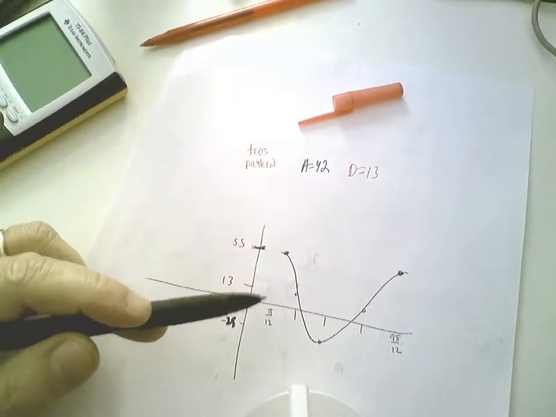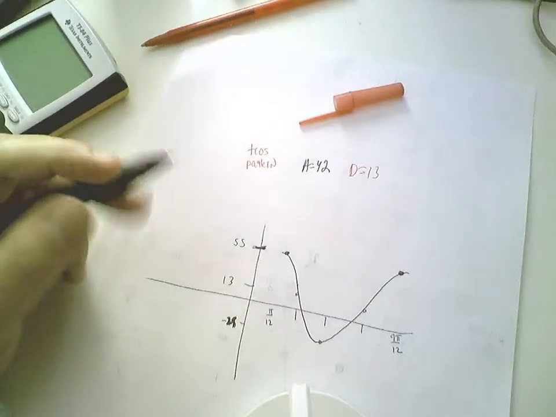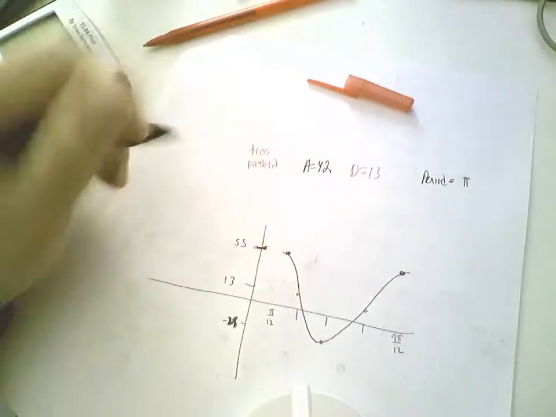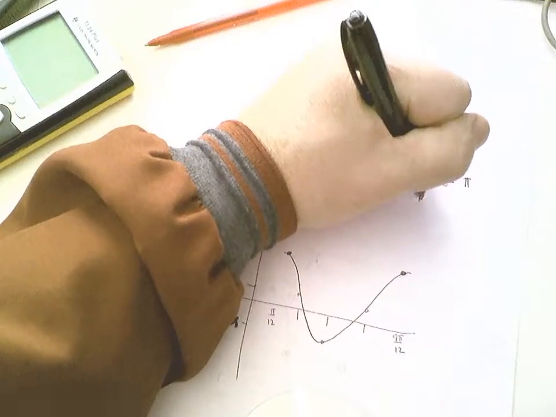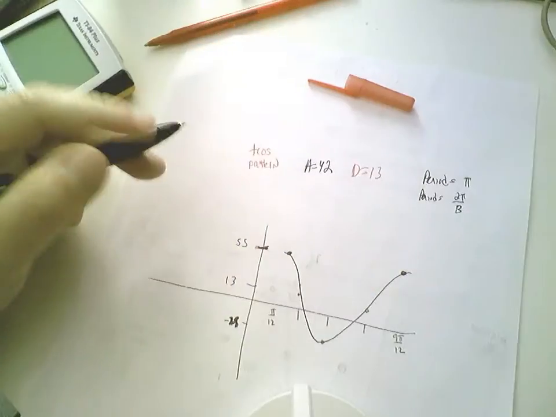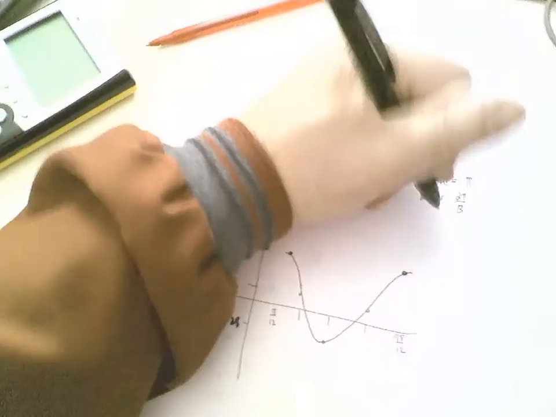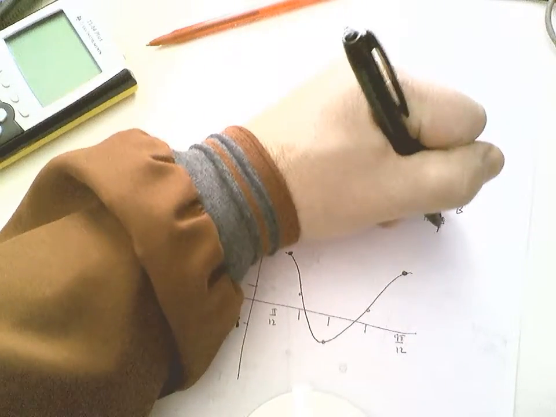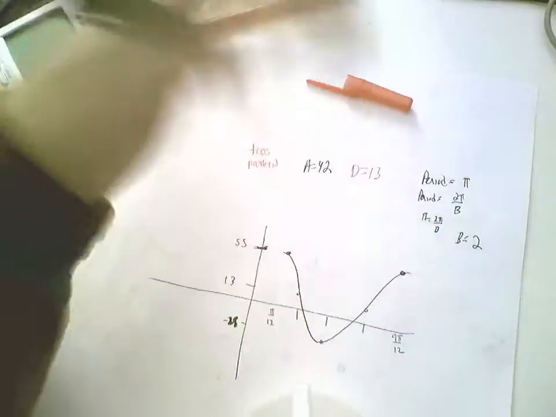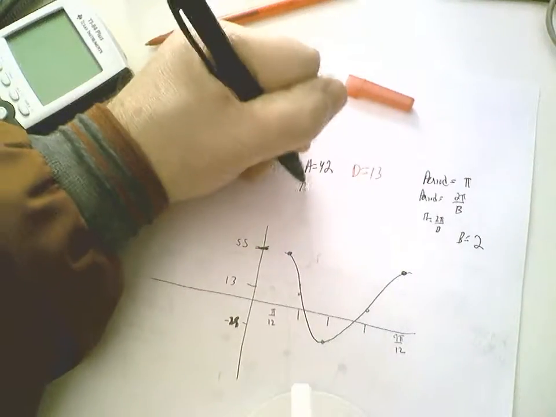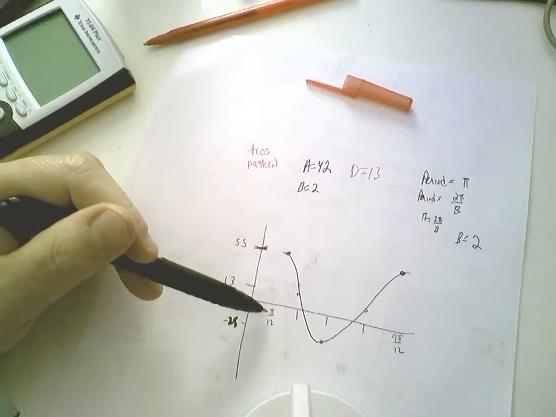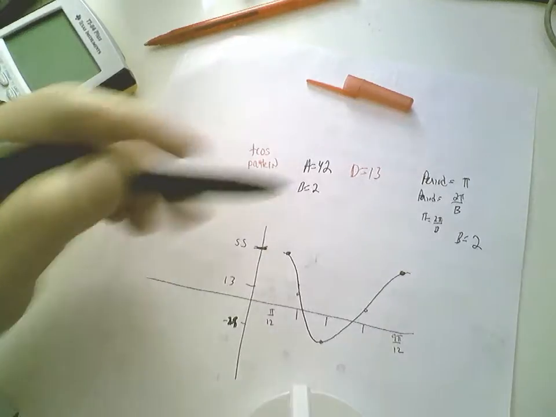I run from pi over 2 to 9 pi over 2. My period equals pi. And what do we know? Period equals 2 pi over b. We said pi. Pi equals 2 pi over what? B must equal 2. So we kind of repeated ourselves here from our other example, but that's okay. B equals 2. And by the way, what do we notice? My start drawing point is what? At pi over 2. We've shifted to